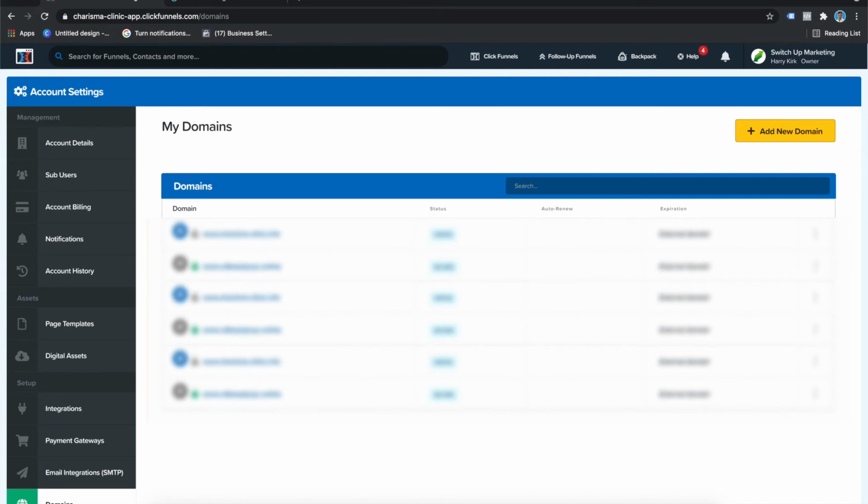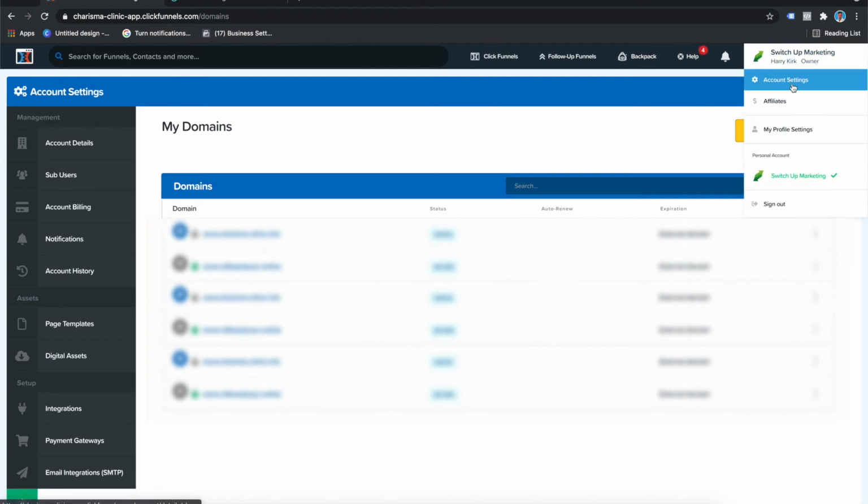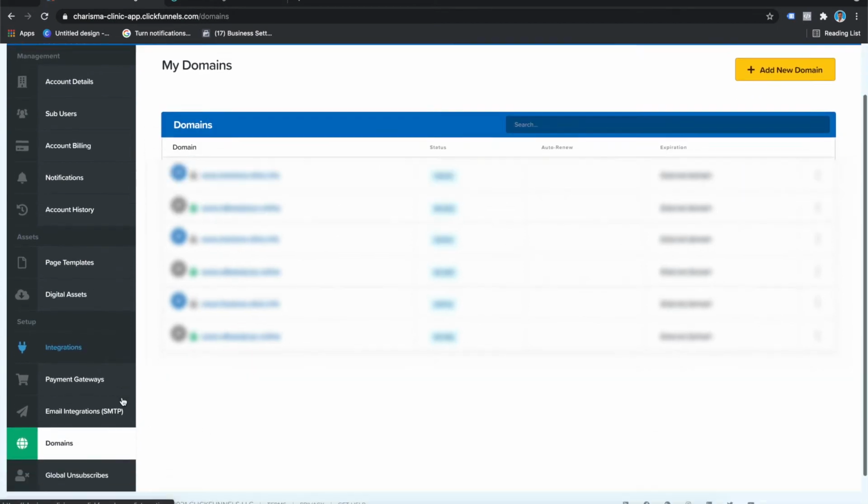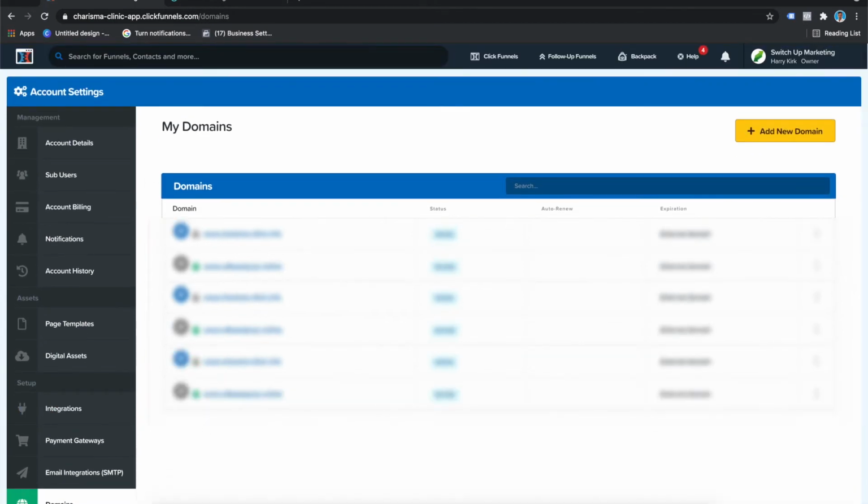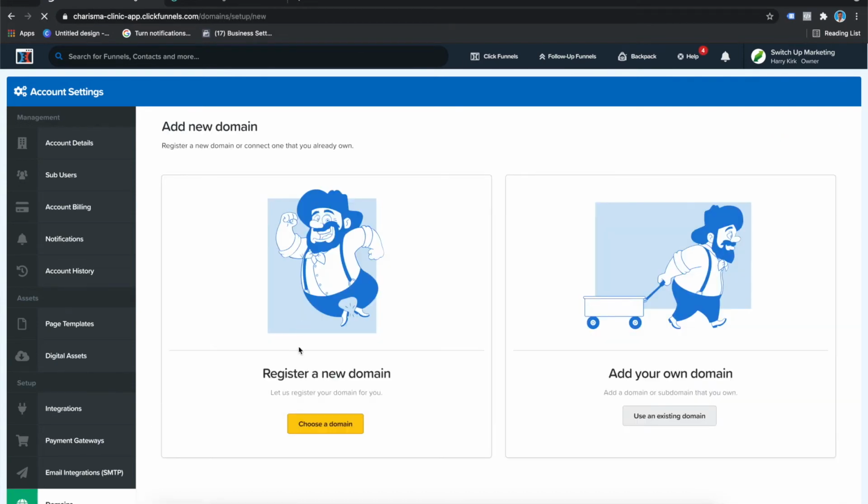So once you're in ClickFunnels, go to the top right corner, go Account Settings, then scroll down to Domains, and your domains will all appear here. You can click Add Domain, top right corner in the yellow button. Then you can either register a domain through ClickFunnels, but if you've purchased it through GoDaddy, which I recommend because